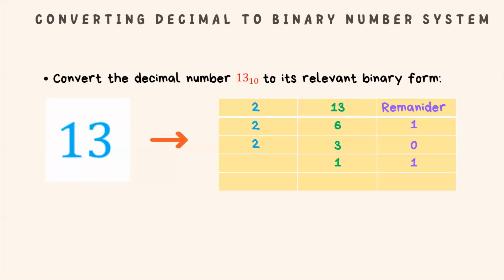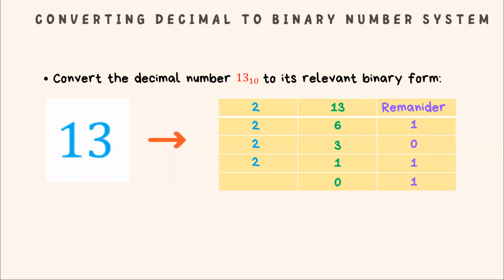And now you will divide this 1 by 2, and you get 0 as the quotient, and the remainder is 1, right? And you will keep on dividing this number until you get 0 here. So once you get 0 in this column, you'll stop dividing. That's where you stop. And when you look at these remainders, when you combine them, that forms